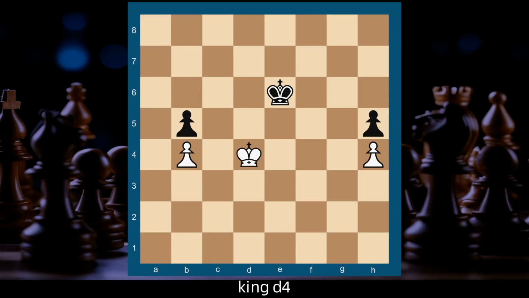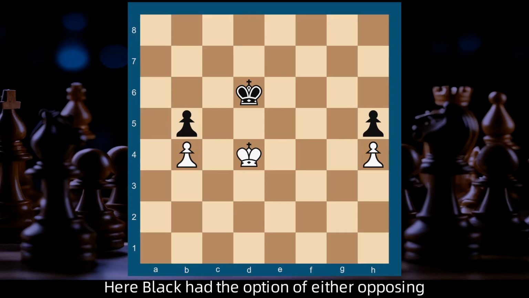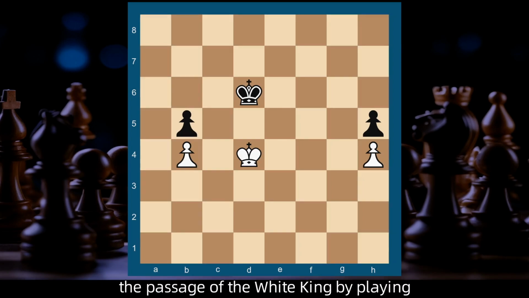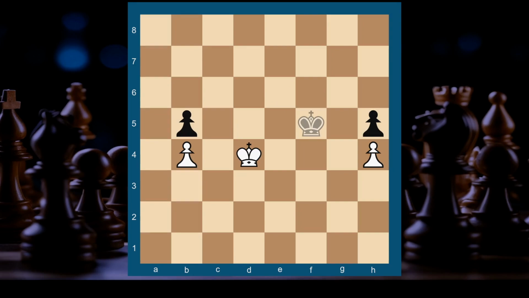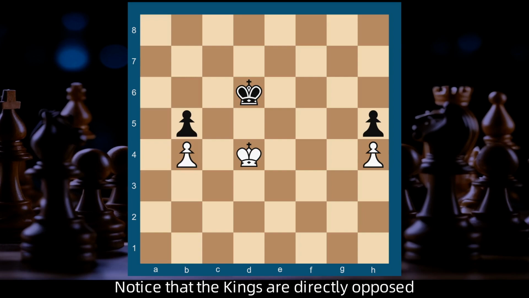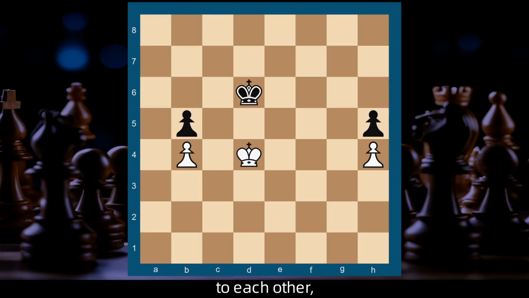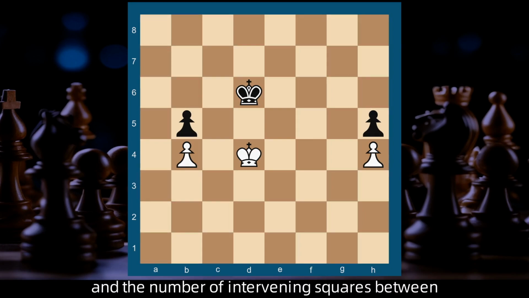King d4. King d6. Here black had the option of either opposing the passage of the white king by playing d6 or, if he prefers, he can pass with his own king by replying king f5. Notice that the kings are directly opposed to each other, and the number of intervening squares between them is odd,